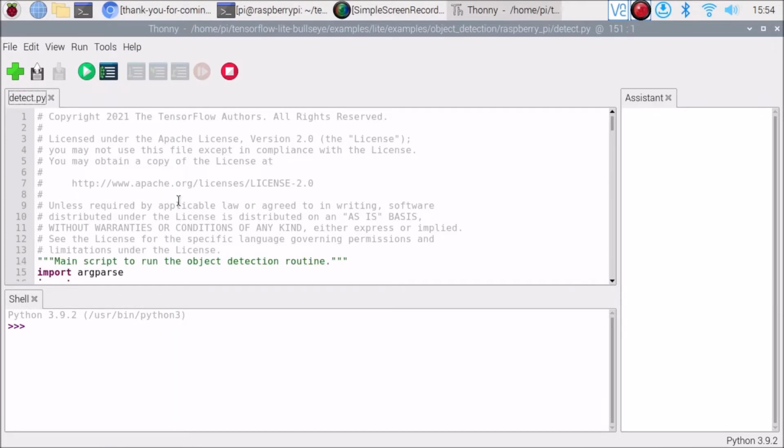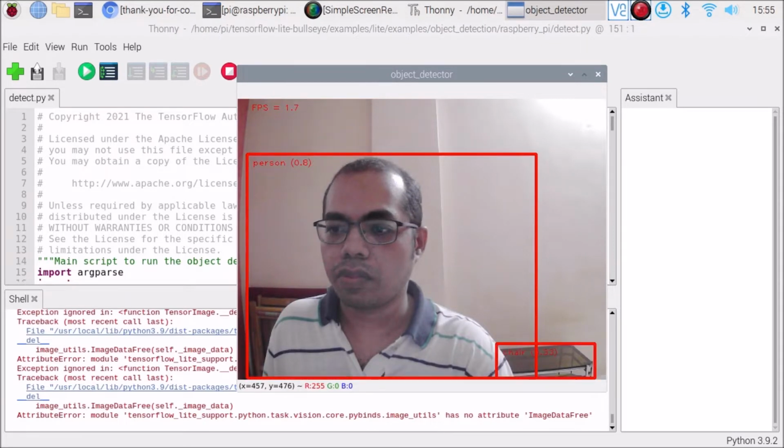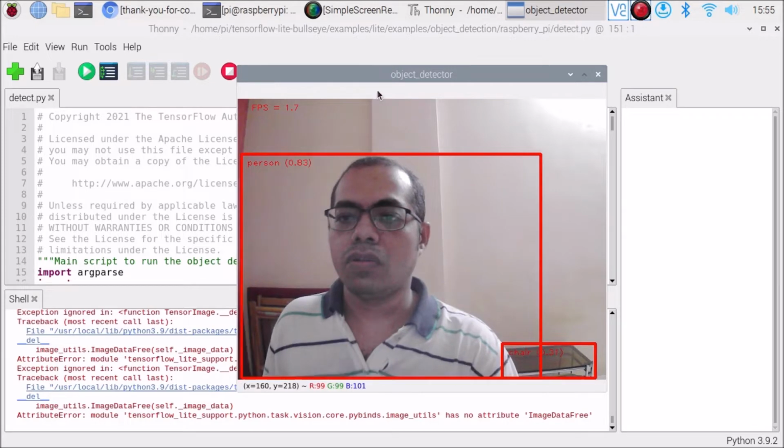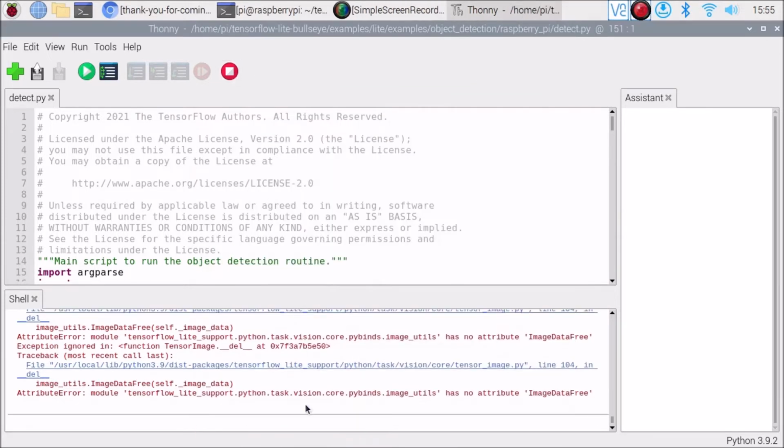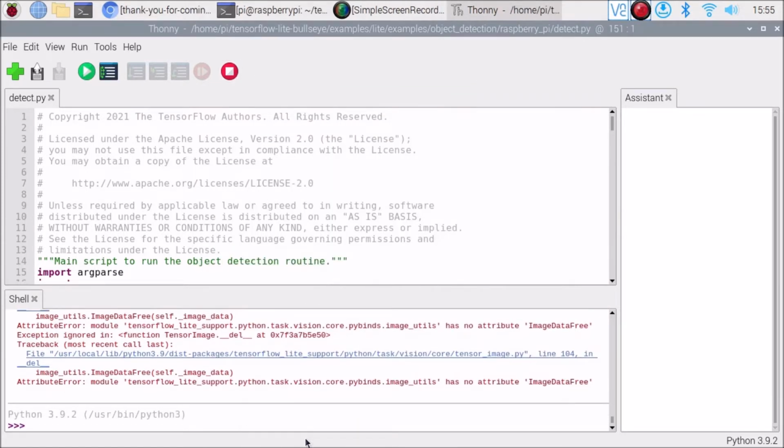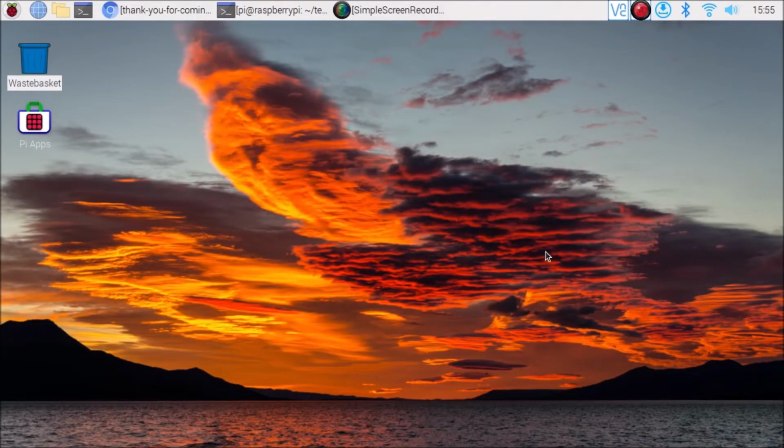So we are ready. I have connected the USB webcam with the Raspberry Pi 4. Of course, you can use the Raspberry Pi 4 camera module also. So I have right now connected the USB camera with the Raspberry Pi 4. If I start the detect.py, so friends, as you can see, it detected the person. It means we have successfully configured our TensorFlow Lite. Okay, now we are ready, and we need to first create the custom data. So our TensorFlow Lite is ready.